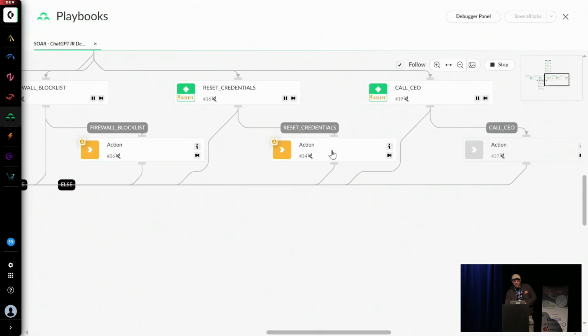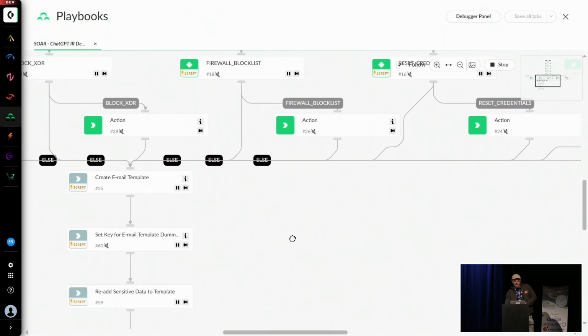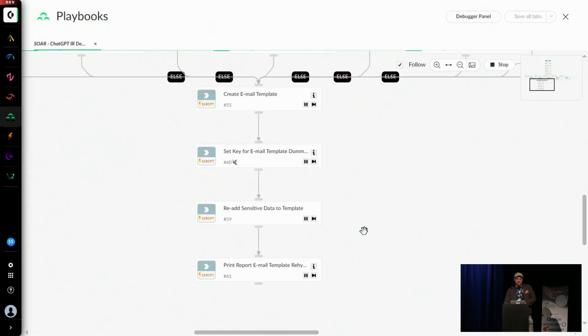It takes a little bit, but all right. And then once that's done, it's going to continue down the workflow. So what it's doing now, it's creating an email template, and that email template still has that dummy data in it. So this is kind of demonstrating how we can safely use AI, redacting sensitive information that your company is worried about being exposed. And then once AI is doing what it needs to be doing, it can still safely